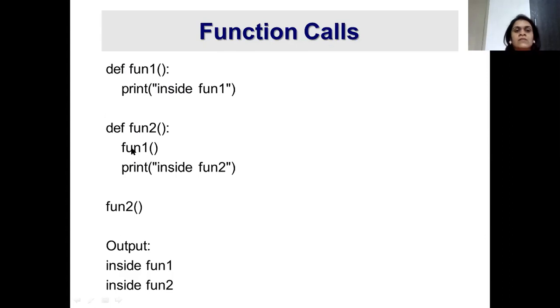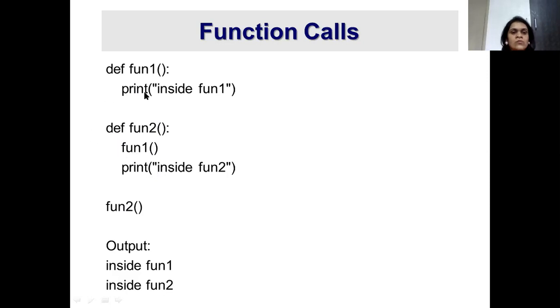This call will execute function 1 and then it will execute the remaining lines of code from function 2. So now let us see how this program runs. The first line of the program which will execute is this, a call to function 2, which takes the control to this statement here where it calls function 1.